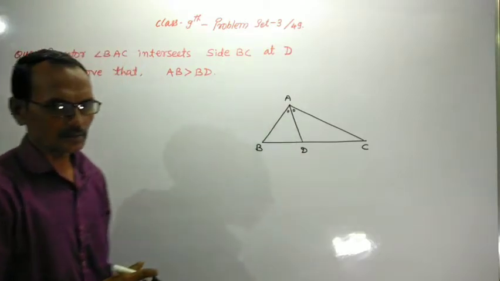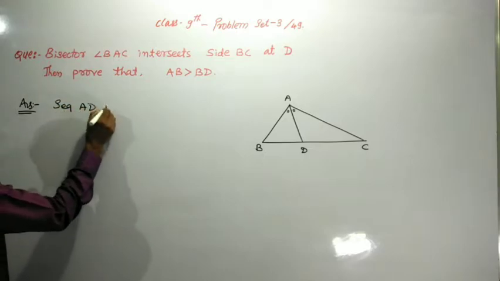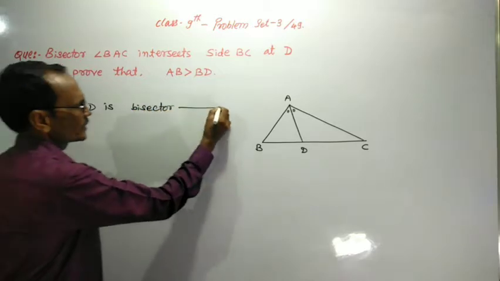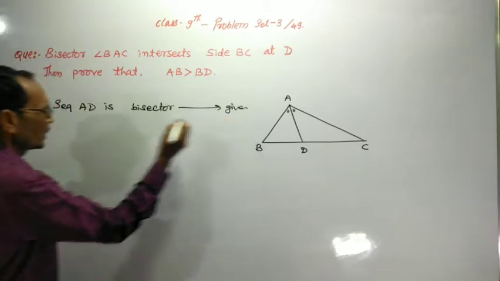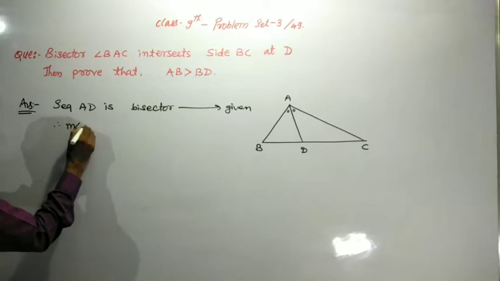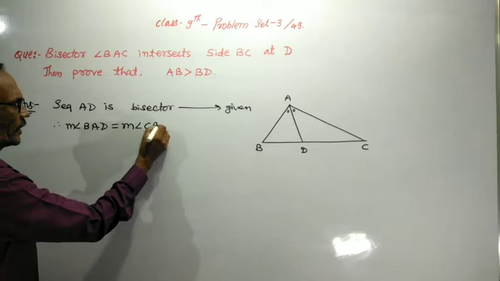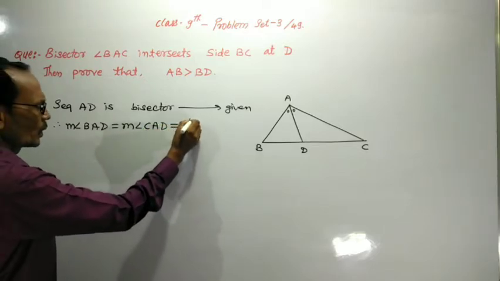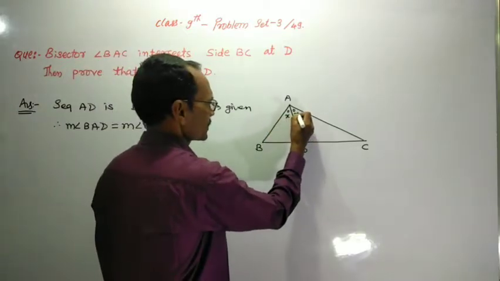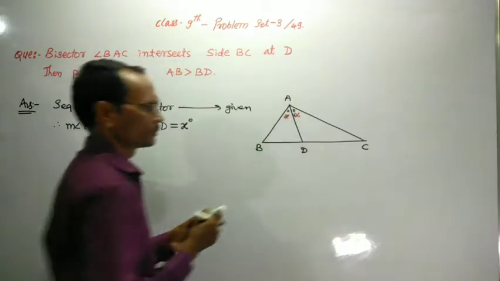AD is a bisector. Segment AD is a bisector, that is given. Therefore, measure of angle BAD is equal to measure of angle CAD, and suppose both are equal to x degree. Okay. Now,